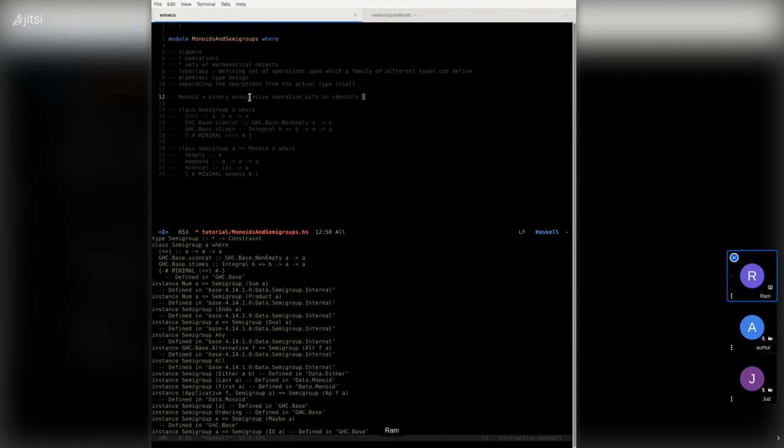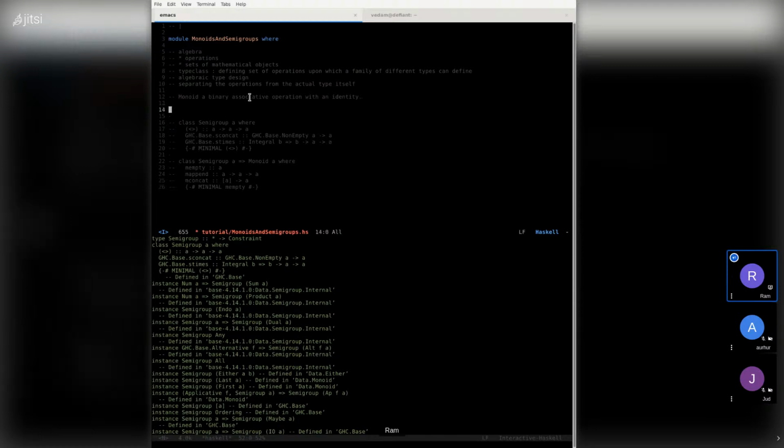Okay, so you have a type, let's say a type A. Actually, before I get into defining a monoid, let me first break this down. We all know from arithmetic what the associative property is for addition, and even multiplication.